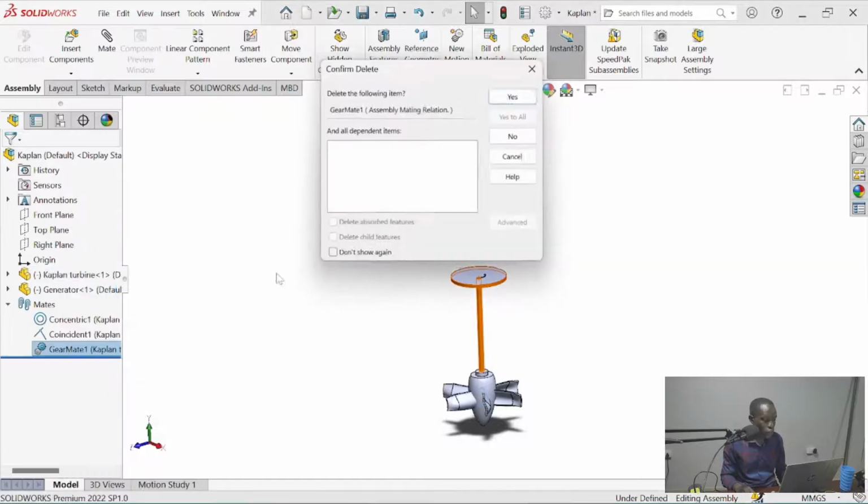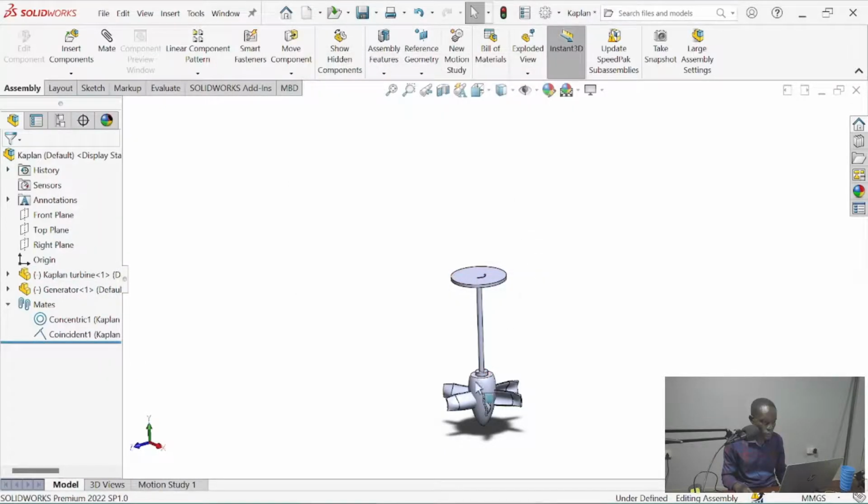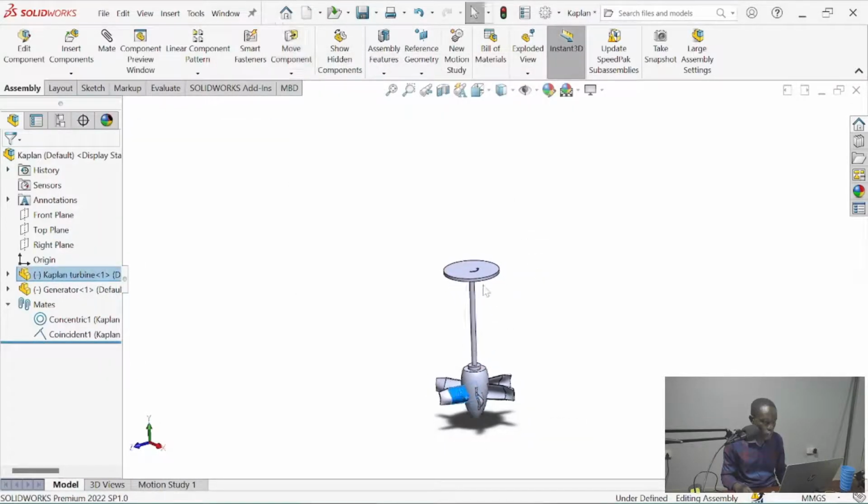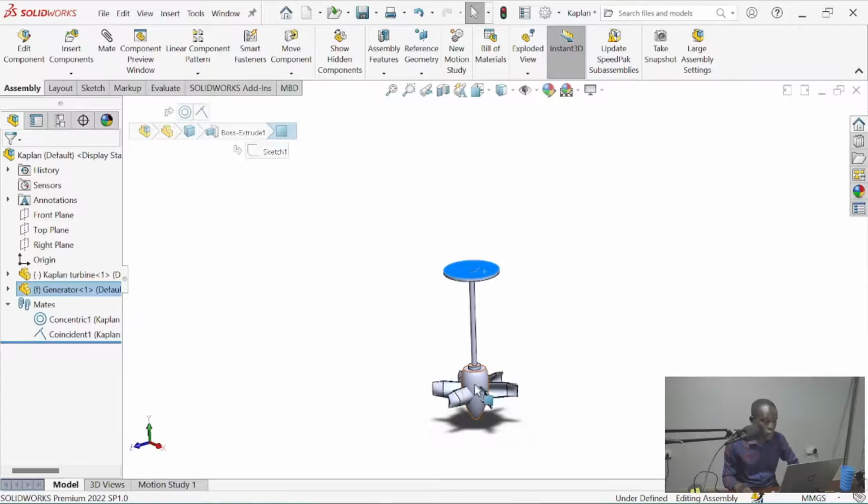So if I remove this mate and I fix this, it rotates, but the idea is as the turbine rotates, this shaft should also be rotating. So you need to make both of them rotate due to the action of the other.